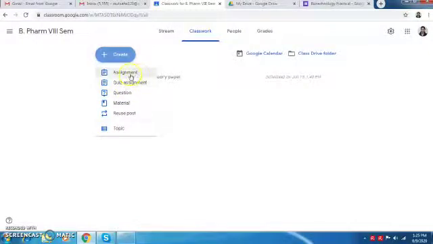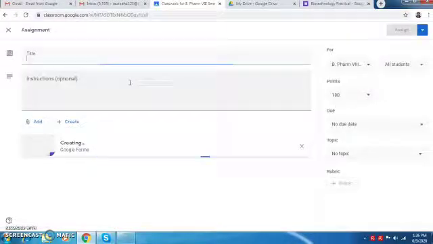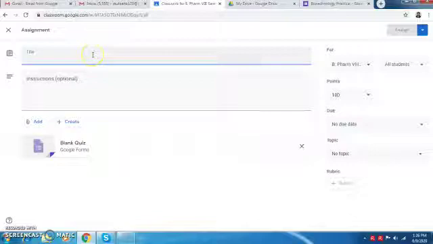Now how to create the practical paper? Again you have to click on either assignment or quiz assignment. So just click on quiz assignment. In the mobile app, generally you will not be able to see the quiz assignment option. You can see only the assignment option. In that case, you have to click on assignment only. Now the title is Biotechnology Practical.